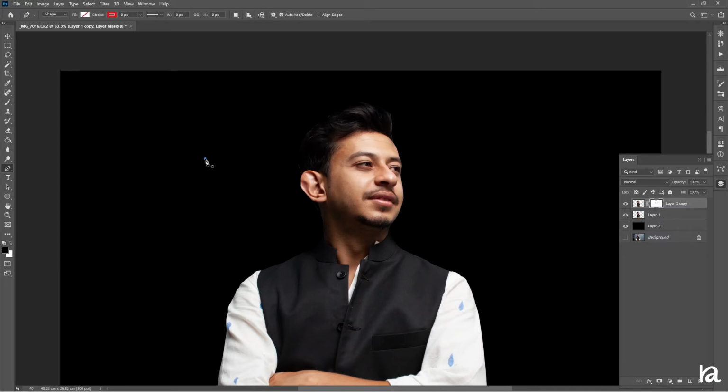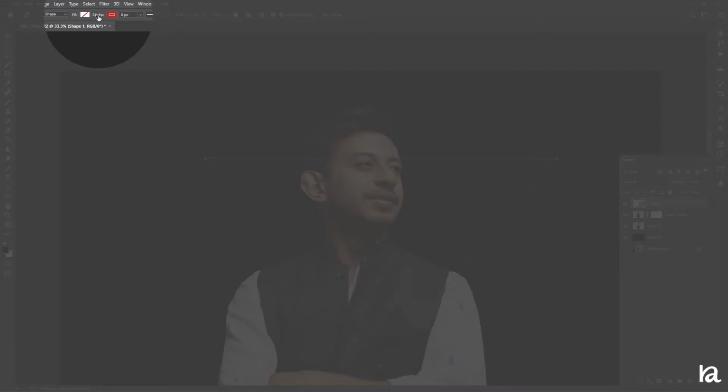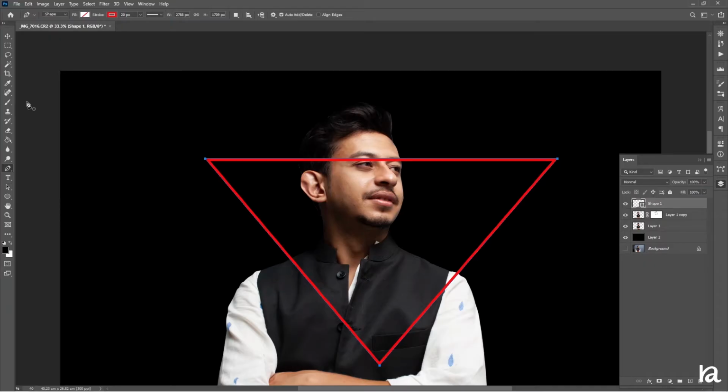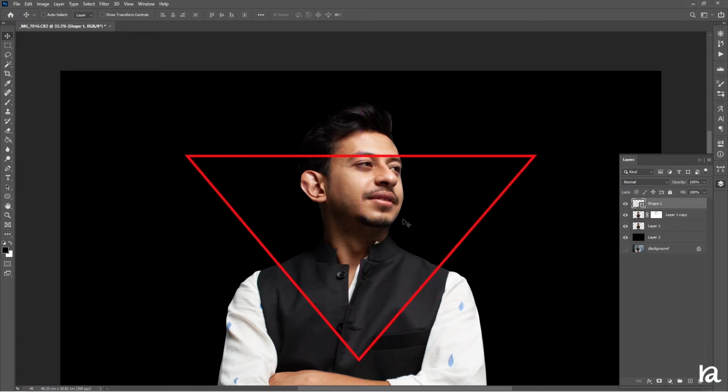Now we'll create a triangle. Let's increase the stroke to 20 points. Drag the triangle to the center